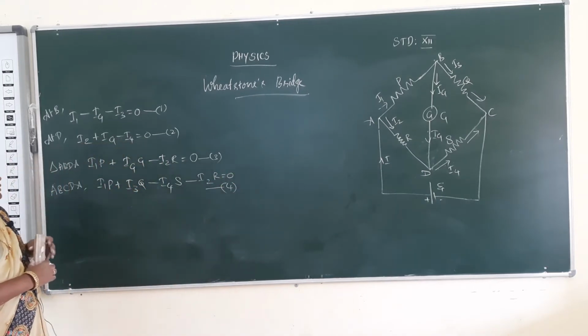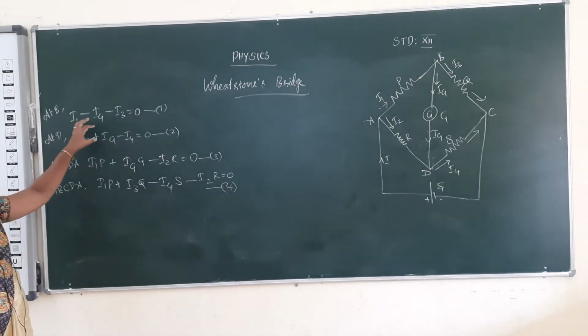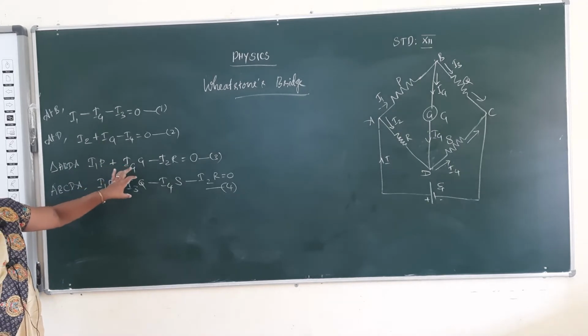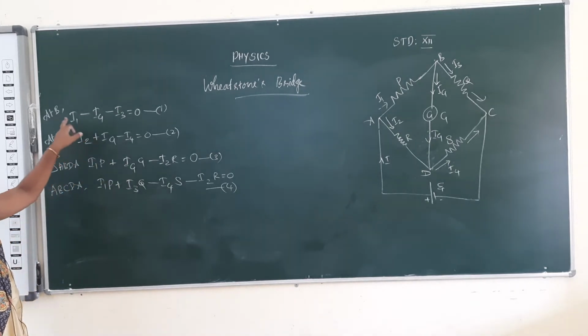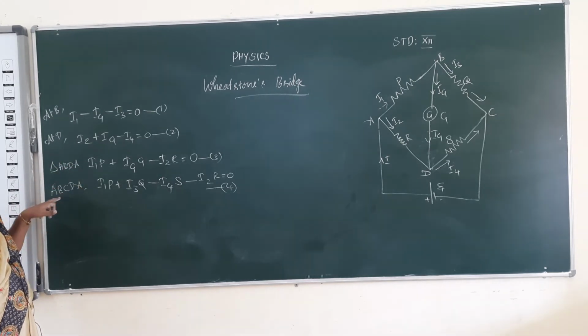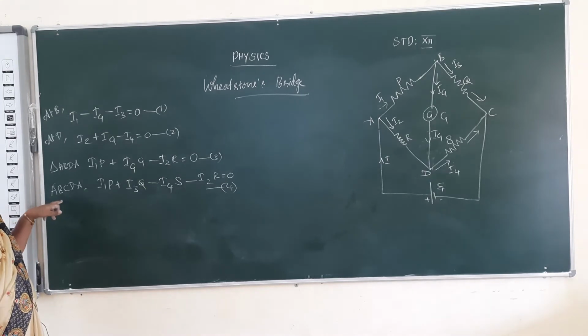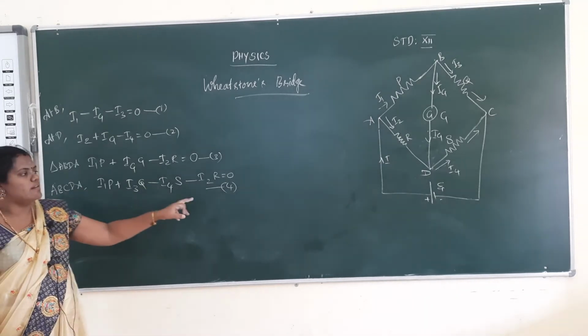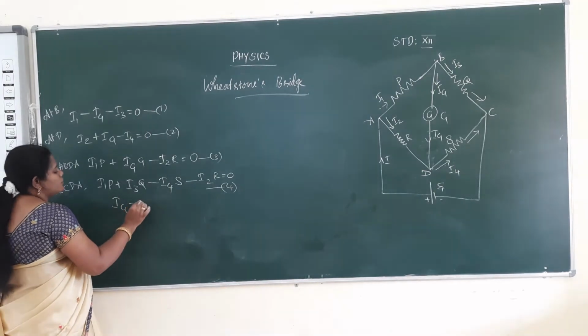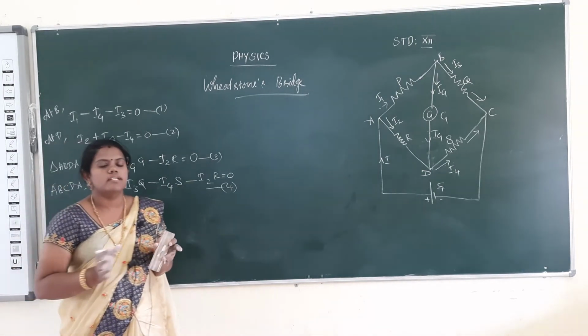Okay, so Kirchhoff's first rule will be applied on the first two equations. Kirchhoff's second rule will be applied on the next two equations. So first we consider at junction B, at junction D. Now we consider the triangle ABDA, and then taking the full circuit, that is ABCDA, we calculate the third equation. Now we put Ig equal to 0, because the galvanometer shows null deflection.